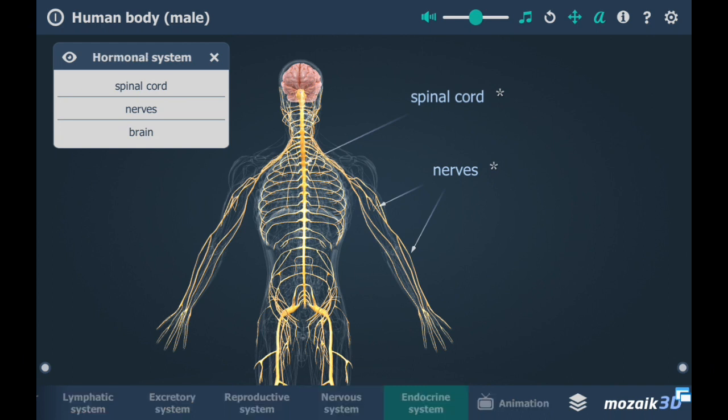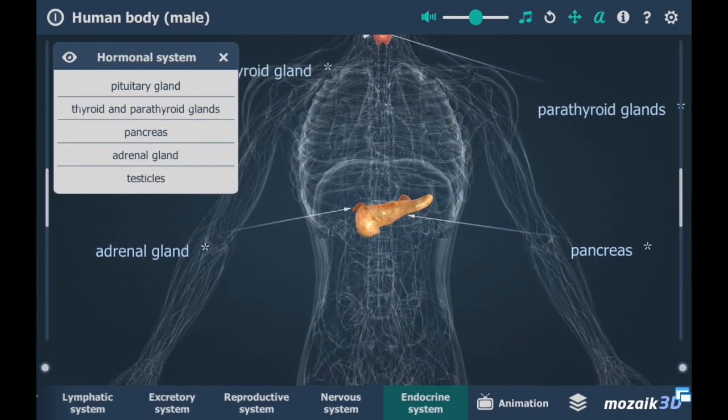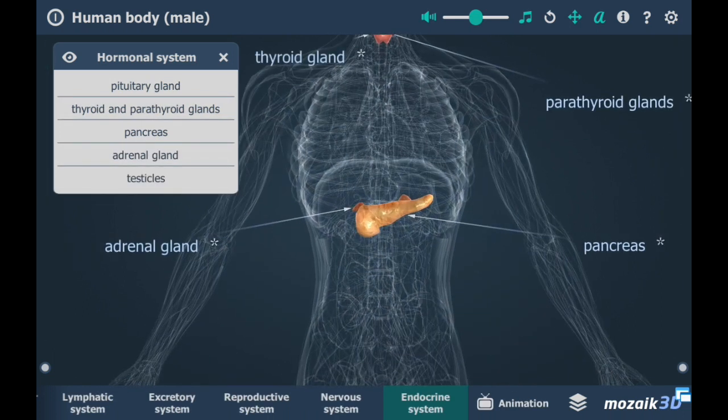The endocrine system. Testicles that produce sperm, by the way, and the adrenal glands